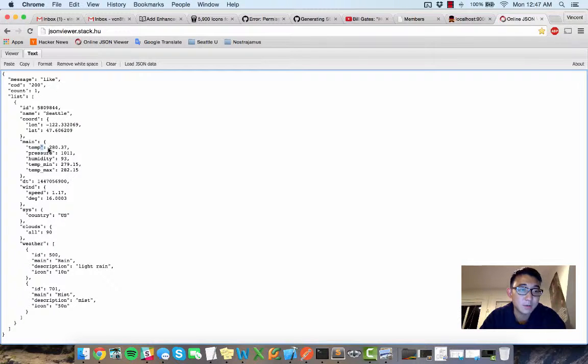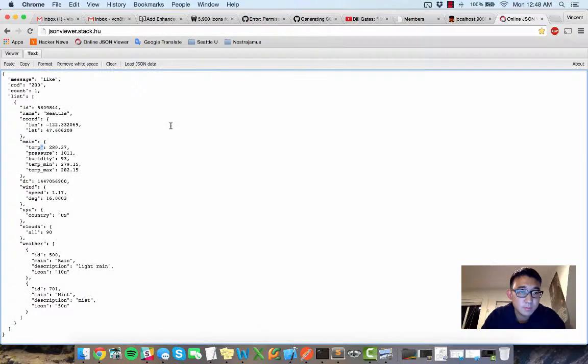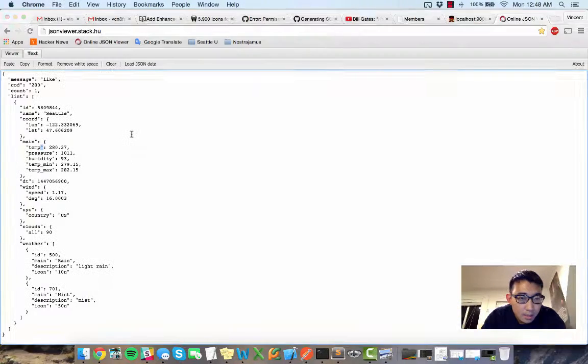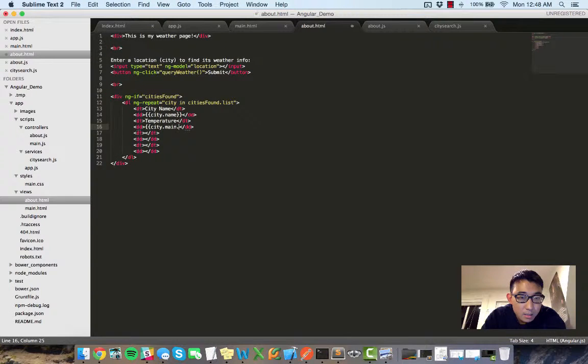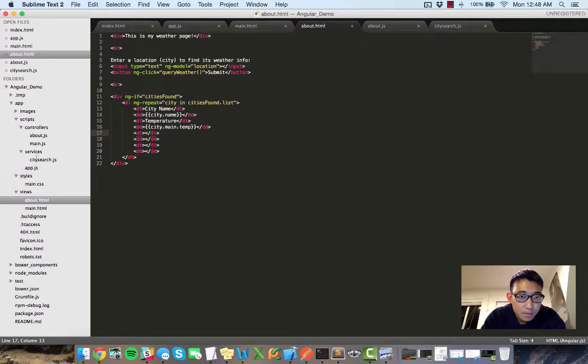Now I want the temperature. Okay, cool. So the temperature of each place. It'll be city dot, instead of name now, it's going to be main dot temp. Cool. And I'm going to keep going. I want humidity, city dot main dot humidity,